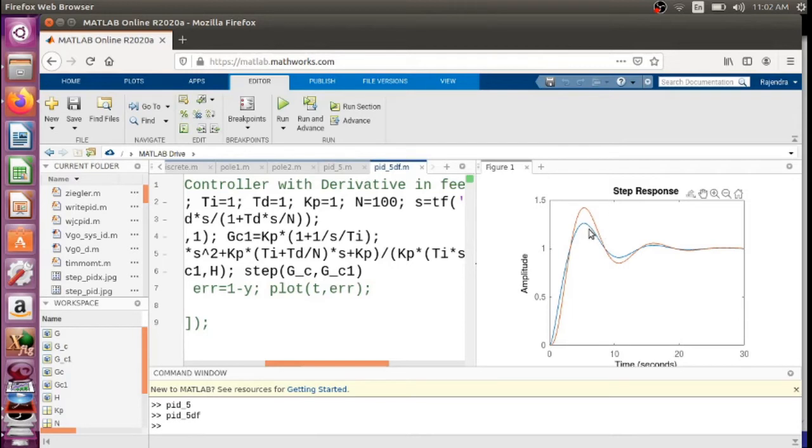So this blue waveform will give you the G underscore C step response, and the red one will give you the G underscore C1 response. You will find that G underscore C1 will be giving some kind of overshoots.